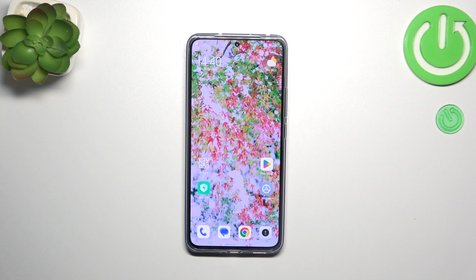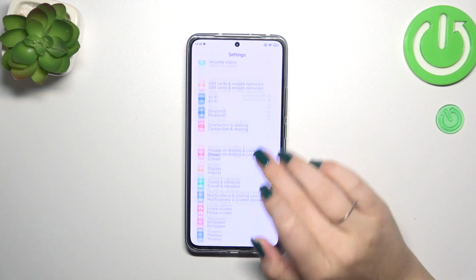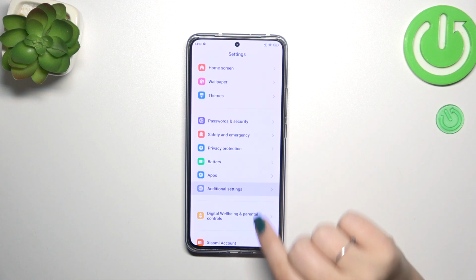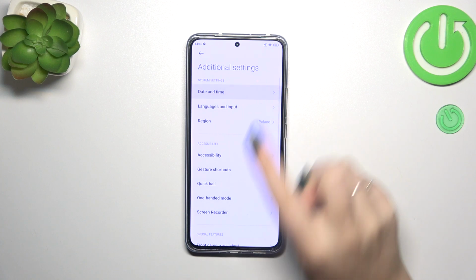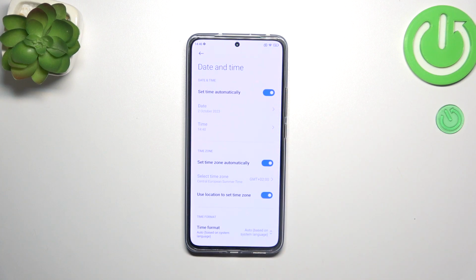Hi everyone, in front of me I've got Xiaomi 13T and let me share with you how to change date and time on this device. So let's start with opening the settings and then let's scroll down to find additional settings. Now we have to tap on date and time, and as you can see here we've got some options which